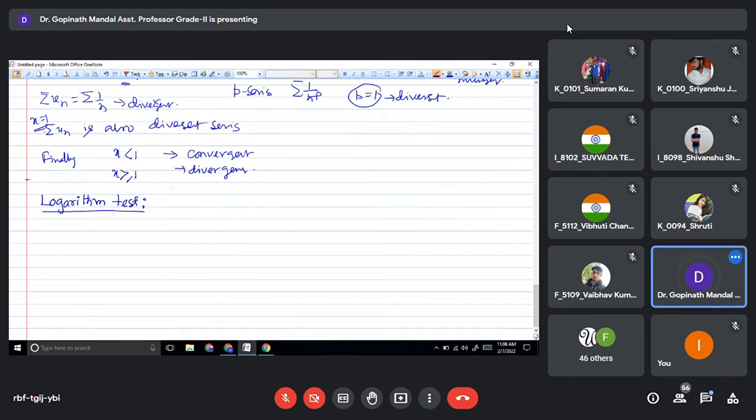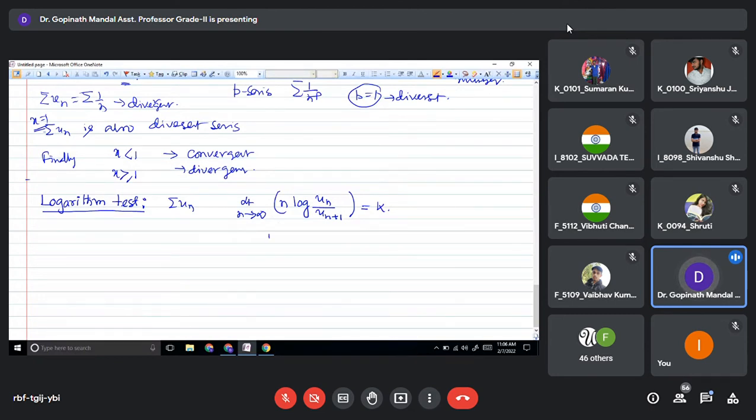Logarithm test. Statement: if Σun is a positive term series such that limit n tending to infinity of n log(un/un+1) is equal to k,